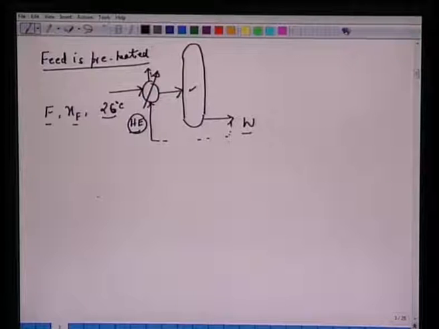Now going back to the discussion, in the earlier lecture we said that we need to do a lot of enthalpy balance or enthalpy calculations. So if you recall, in our first few lectures we said how to calculate enthalpy given the composition of the stream and the temperatures. In other words, one has to go back and see this Txy diagram and Hxy diagram. How did we obtain it from the knowledge of sensible heat capacity, latent heat of evaporation and the heat of solution? So in this problem it says that the feed temperature is about 26 degrees centigrade. Now it's heated with this bottom product residue.